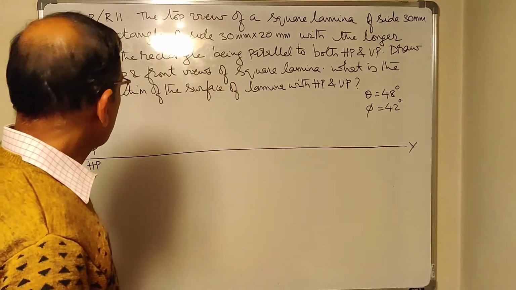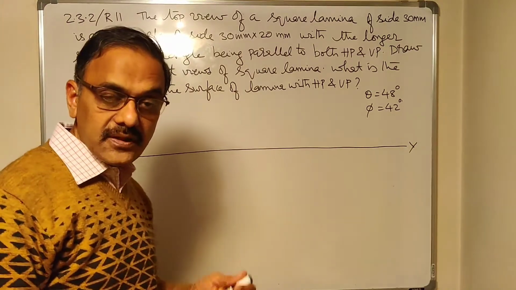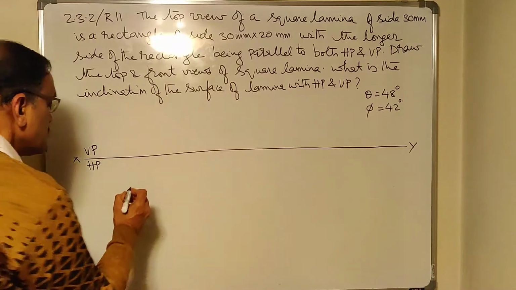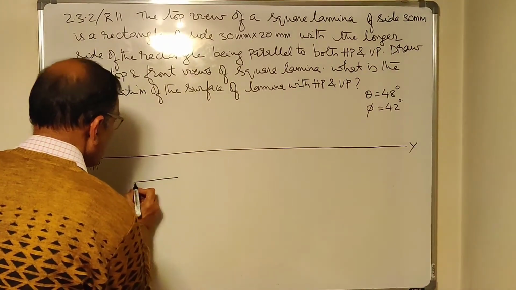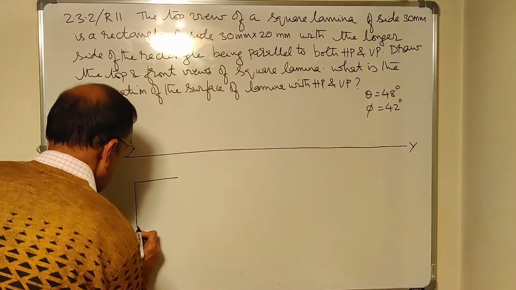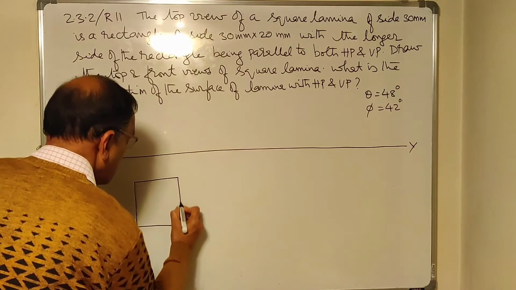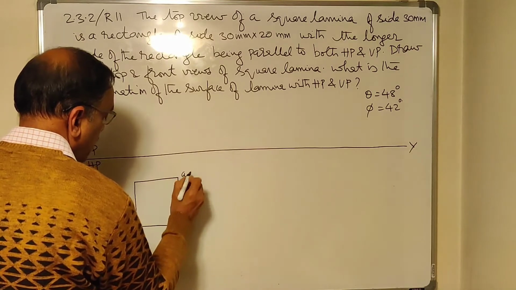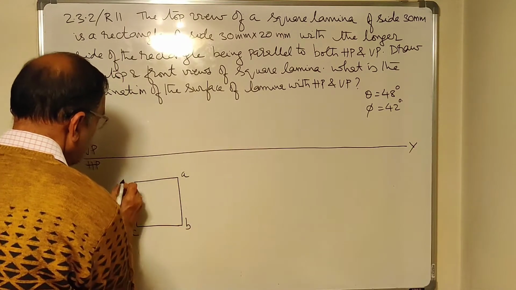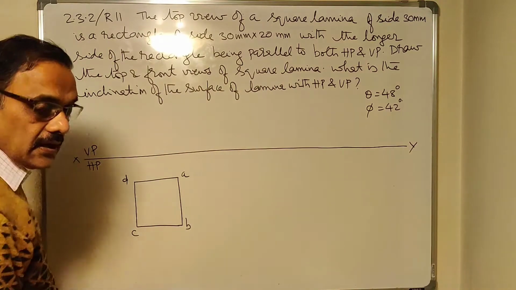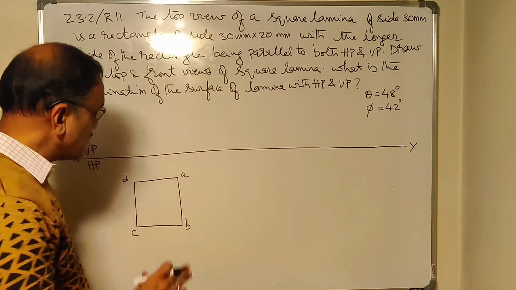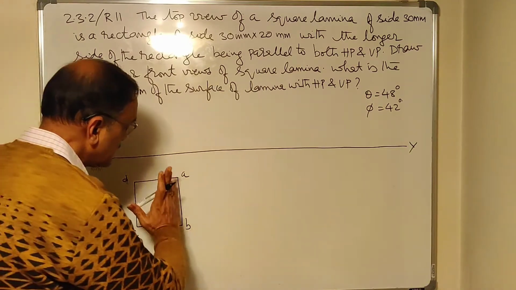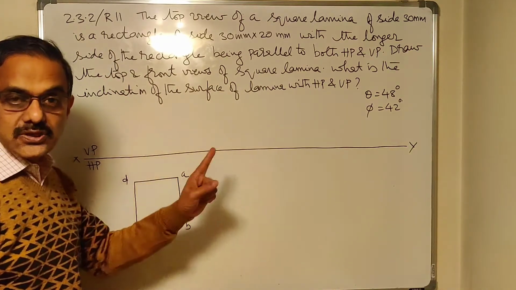Okay, so I'll start by drawing the square first with 30 by 30. Okay, the right side edge perpendicular. So the square has to be drawn like this in the top view. This is a square. Okay, A, B, C, D. You can name it in any way you want, but whichever edge I want to keep on HP, normally I name first. I am going to take this AB on HP as I proceed.